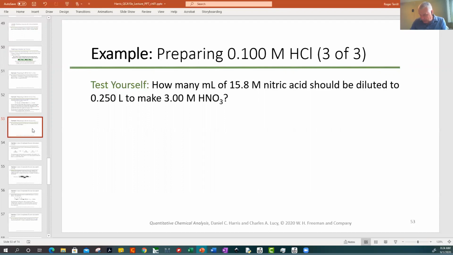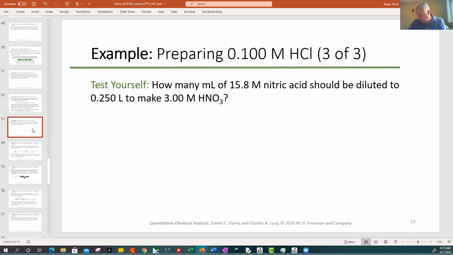So 15.8 molar nitric, right, times some volume will be equal to 0.25 liters at 3.00 molar, right? So V1 here will simply be 0.25 liters